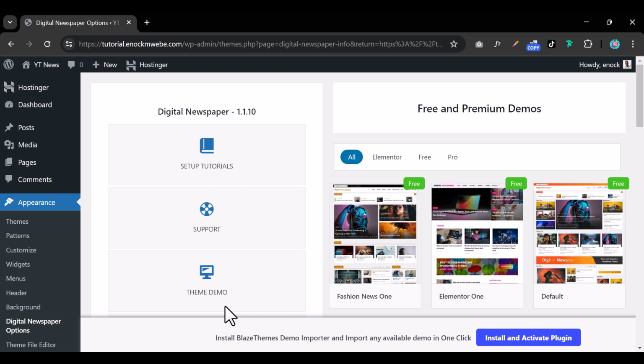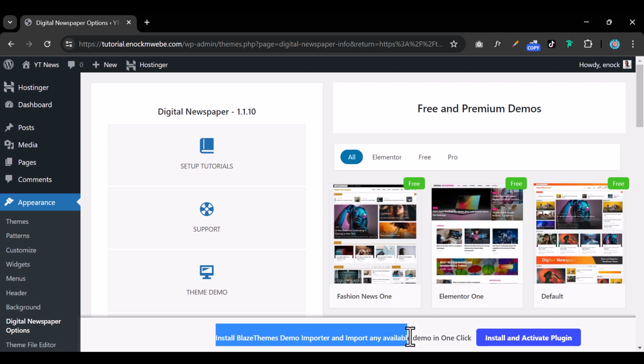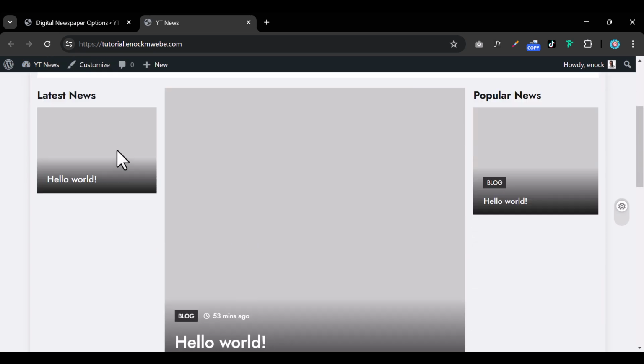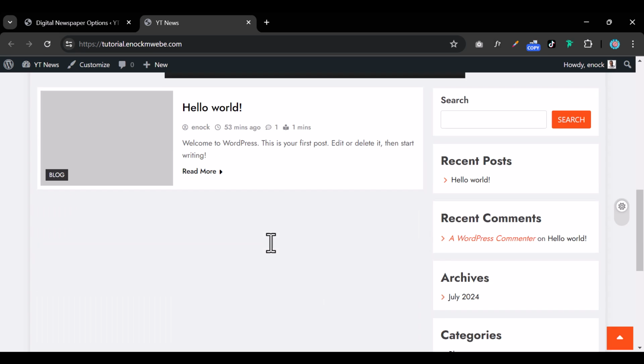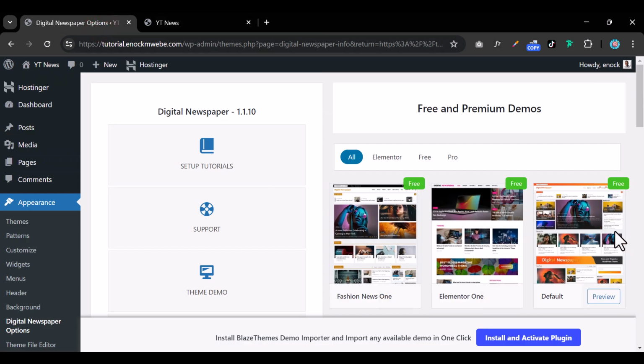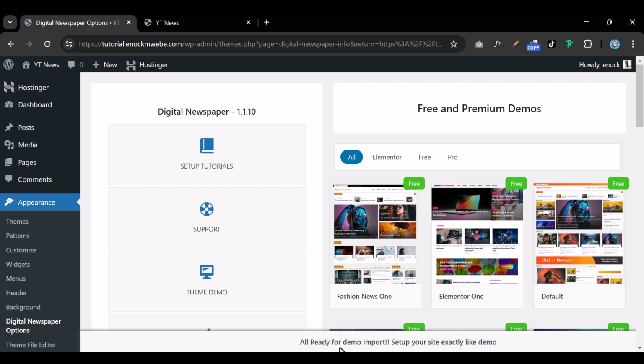Okay, so now before we install the demos, you'll need this demo importer. Yeah, so this is going to help you import the images, the text, and all that, because if you take a look at our website right now, it has some content that gets displayed by default. And as you can see, there are no images, just hello world, hello world, hello world. Yeah, there's nothing much. But if we click on, for example, install and activate the plugin that's going to help us import this stuff, you notice now that we have an install